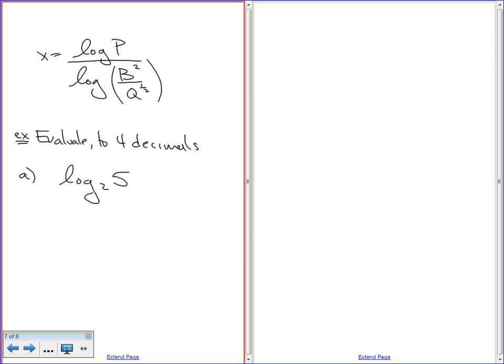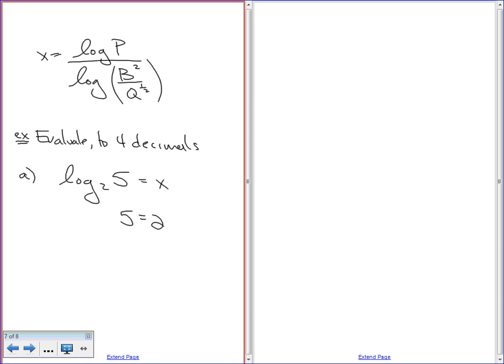So we're going to learn a process in order to do this, but first we're going to go through the long way, because if you forget the short way, you can always do it this way. I have no idea what this answer is, so I'm going to say it's equal to x. Once I do that, I end up with an equation, and I can write it in exponential form. Remember, the log of 5 to the base 2 equals x is the same thing as